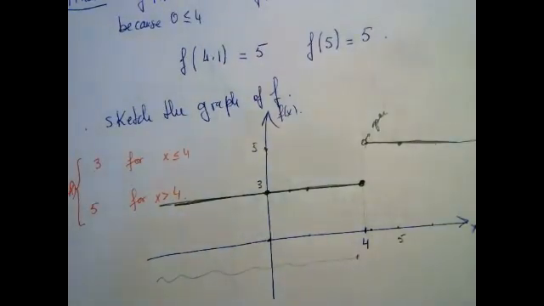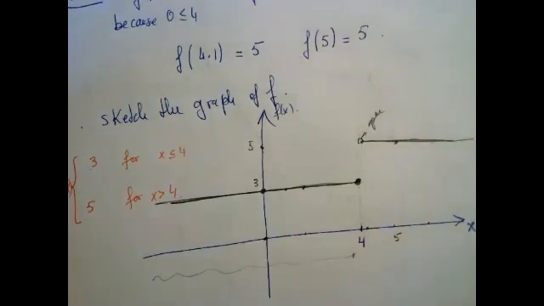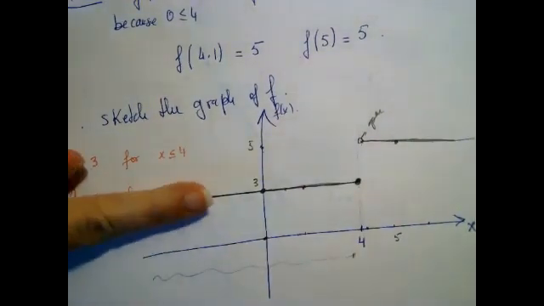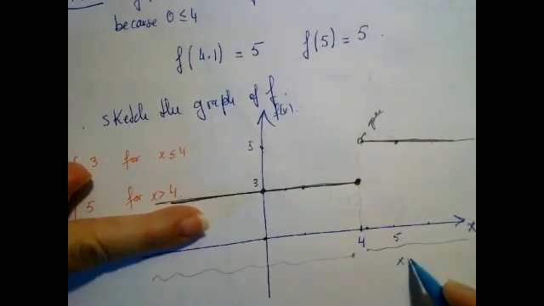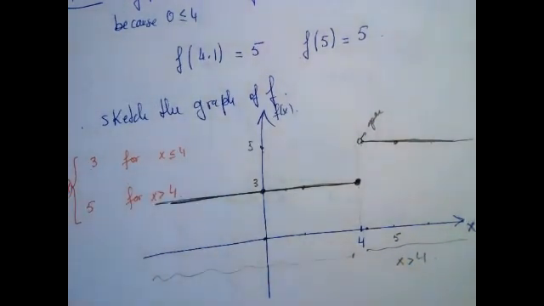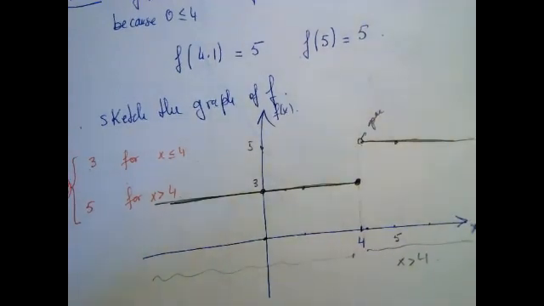The reason we call it piecewise is because this function is in 2 pieces. So the way we graph it, we graph the first piece up to 4, and then we graph the second piece for x bigger than 4. Right? So I'm going to do one more problem myself, and then I'm going to let you do a problem on your own. 2 problems, hopefully we can go through them today. All right, so